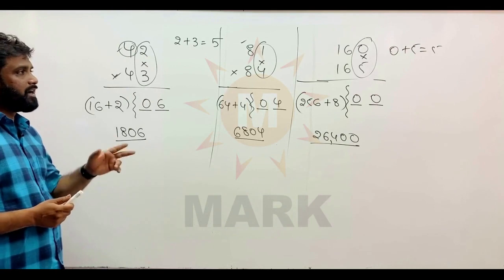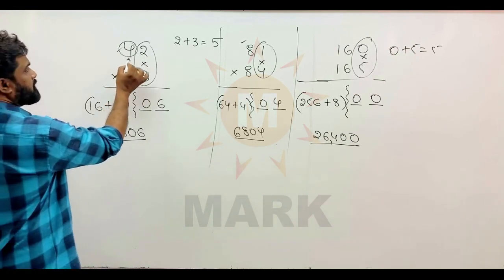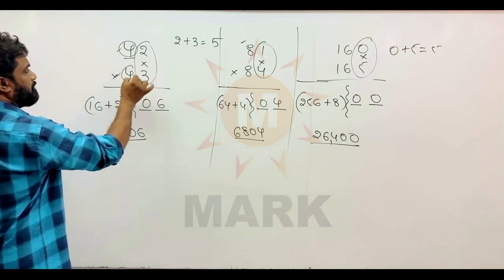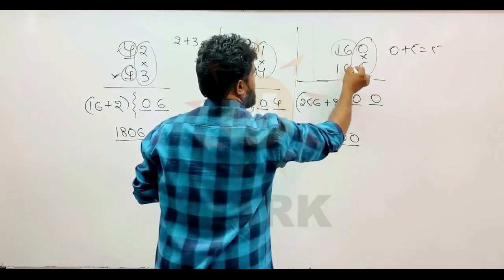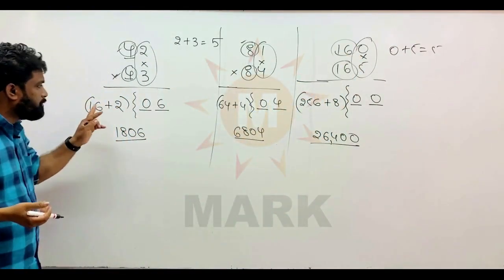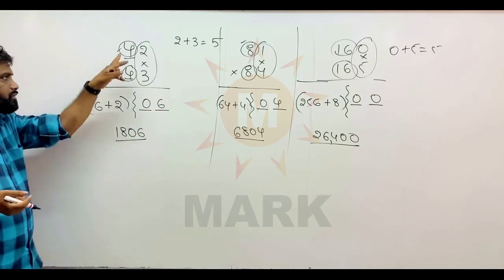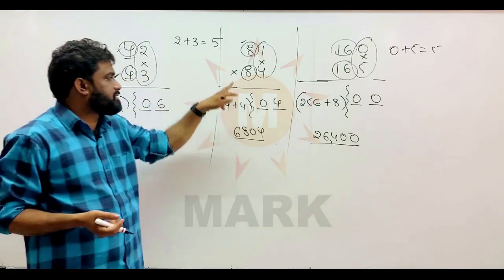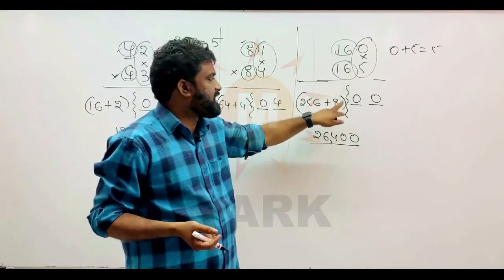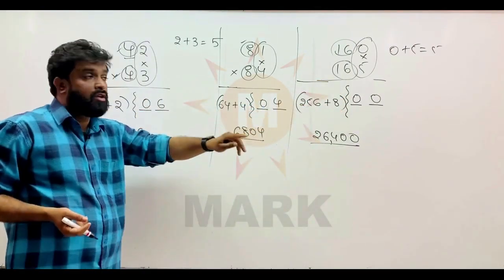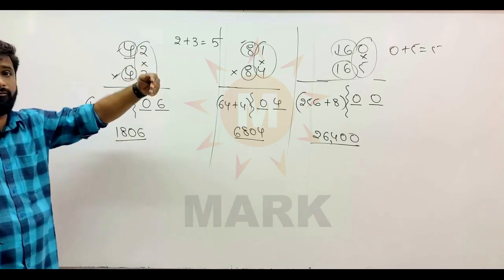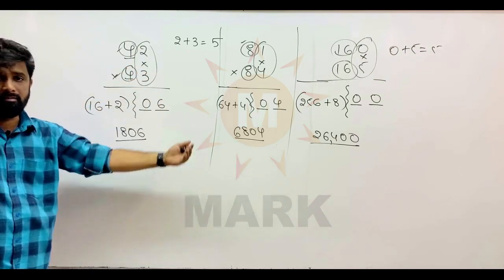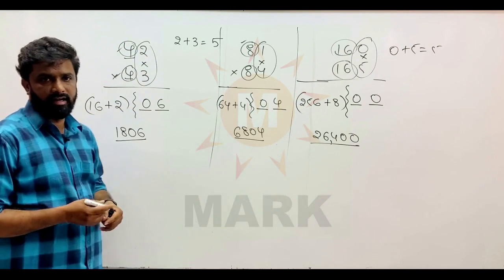Now my dear friends, you may get a doubt here. The remaining numbers we are dealing with are even numbers. 4 is an even number, 8 is an even number, 16 is an even number. That's why it was possible to write the half. 4's half is 2, 8's half is 4 and half of 16 is 8. So that's why it is very convenient. What if that other number, instead of 4, 8, 16, is an odd number? That also we will be discussing right now.